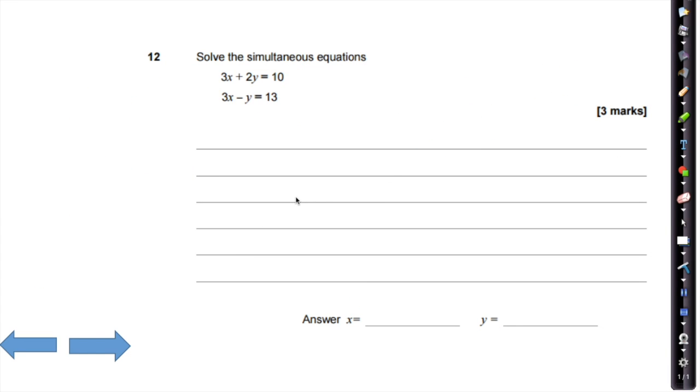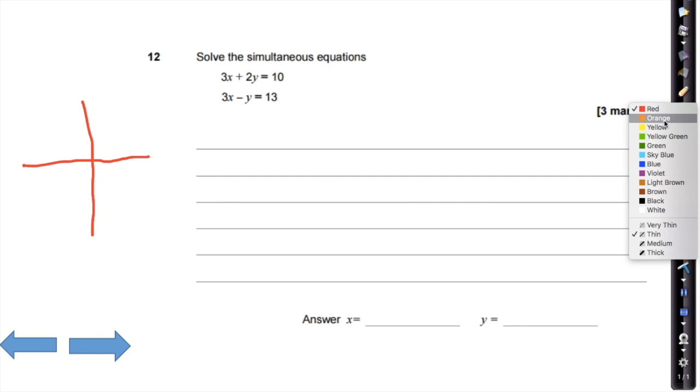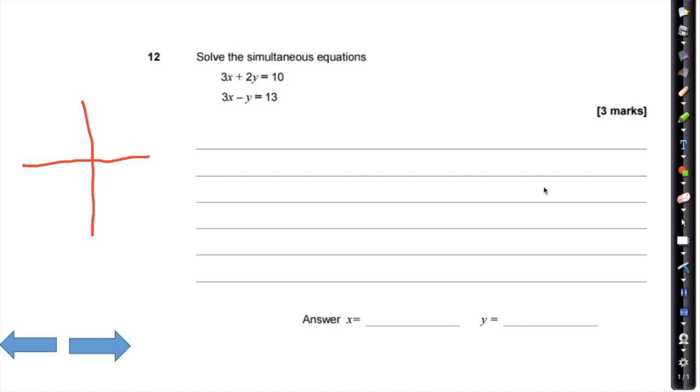Question 12, we're looking at solving the simultaneous equations 3x plus 2y equals 10 and 3x minus y equals 13. So to solve this, first of all, isn't going to be too hard because we've got the same number of x's actually already given to us. So what I want to actually do here is explain what actually happens when we're solving simultaneous equations. A lot of the time we kind of do this without actually trying to understand what it is that we're actually doing. So if we were to rearrange 3x plus 2y equals 10, it would look something